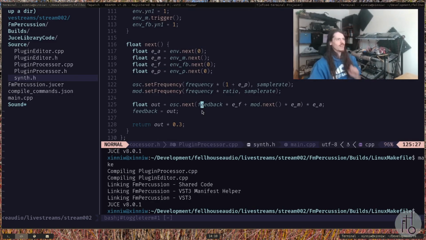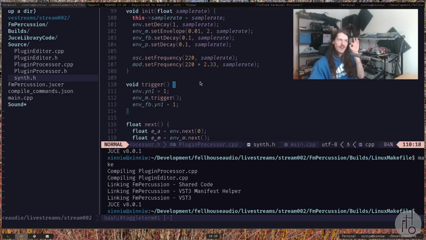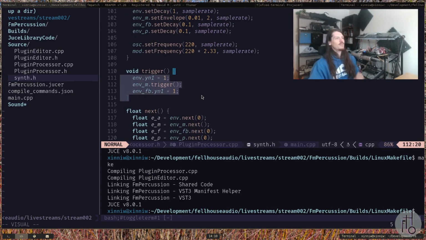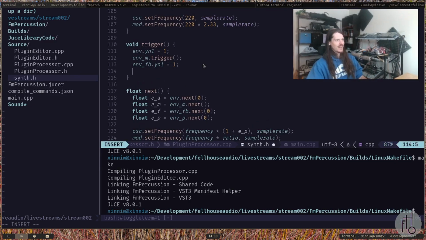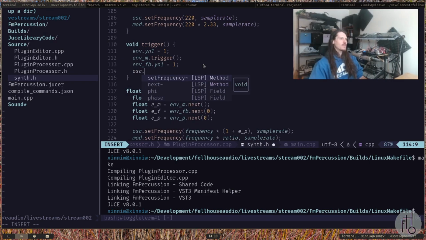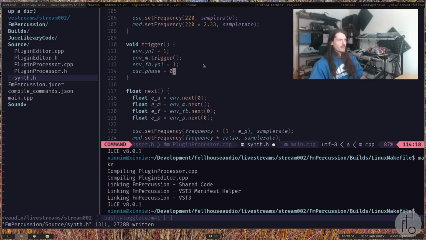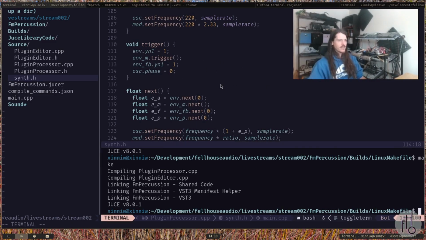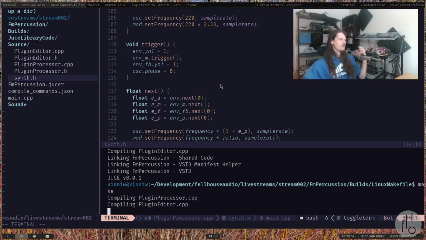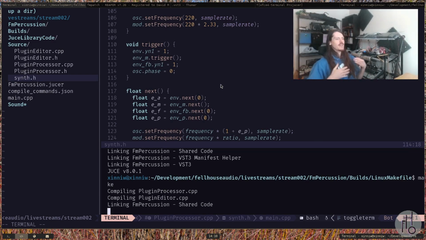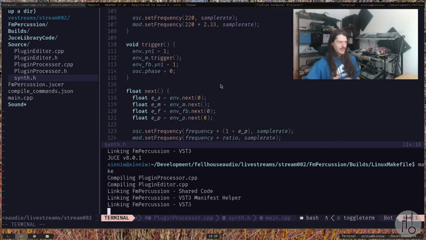There's a little bit more that I want to do to this because I want it to be way more drum-like. And right now, the transient that I'm hearing is slightly different every time. And maybe you want that. Maybe you want that, but I don't want that. I want the transient to be exactly the same every single time that it triggers. So what we're going to do is reset the phase every single time that we trigger the oscillator. We're just going to set the phase to 0. And let's do it on just the main oscillator and not the modulator. I think that'll be kind of like the best of both worlds, right? Because if we reset the phase on all of the oscillators, we're going to get exactly the same sound every time